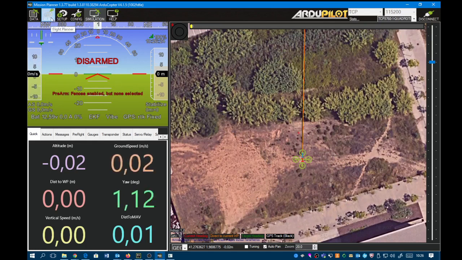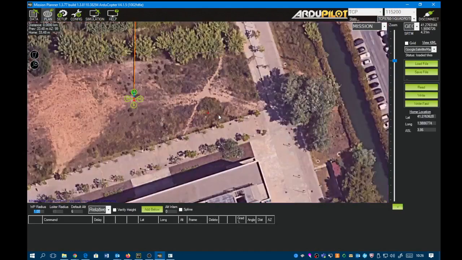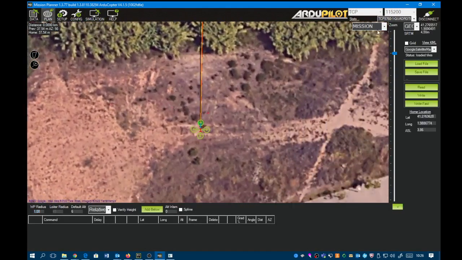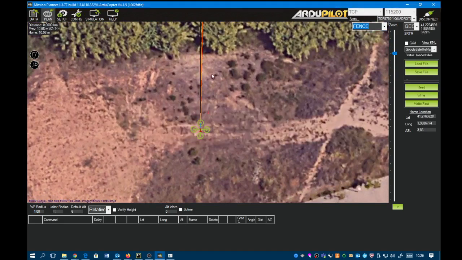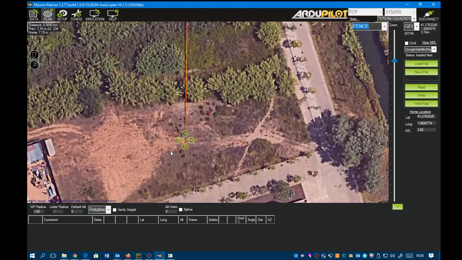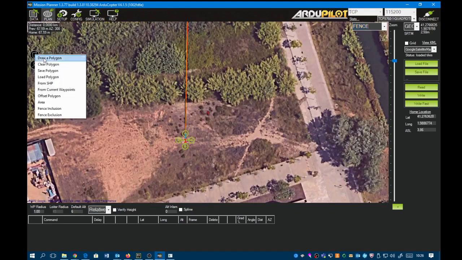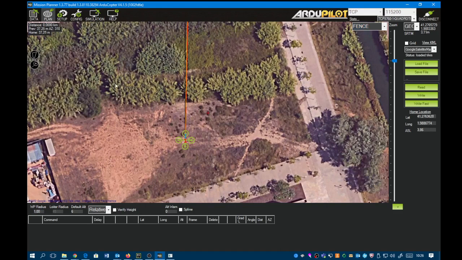So I go to plan, and I go here to fence, okay, and I will define my geofence, my polygon. Here I draw a polygon. Notice that I can draw a polygon. In this case, I will define this area. Okay, I don't want the drone to escape from this area,